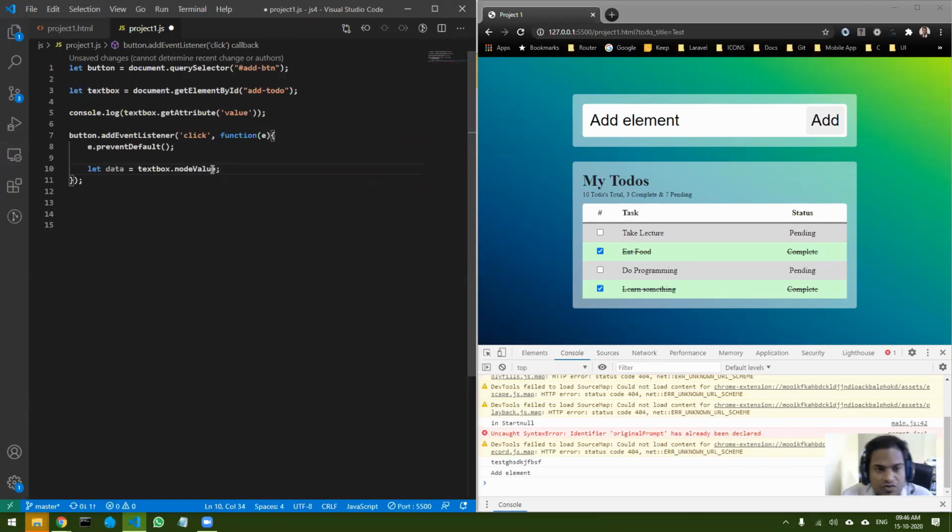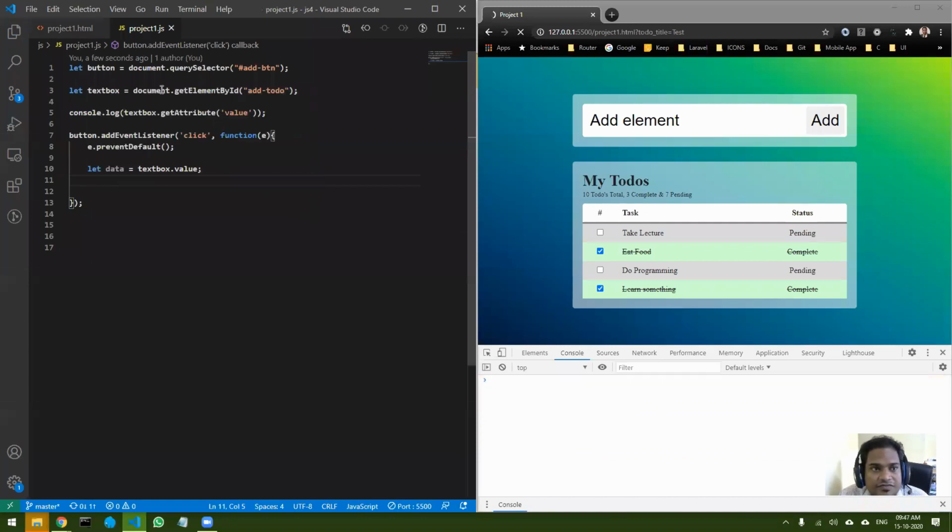Once I have that, I have stored the element data inside this data value. Now what I want to do is add it to the end of this particular element. I want to add it to the table. Right now, how to add it?